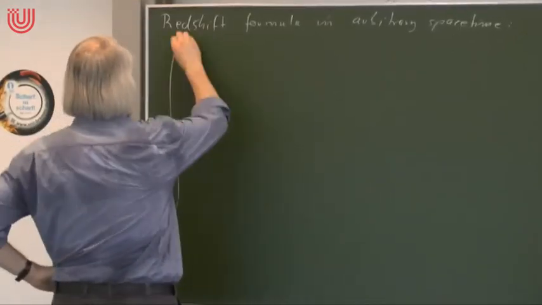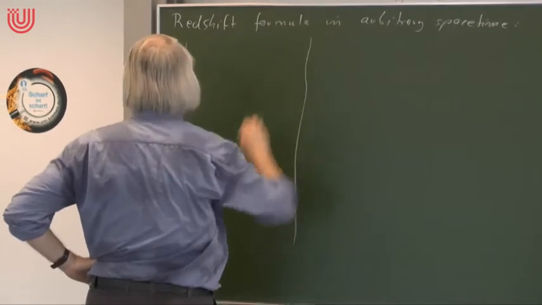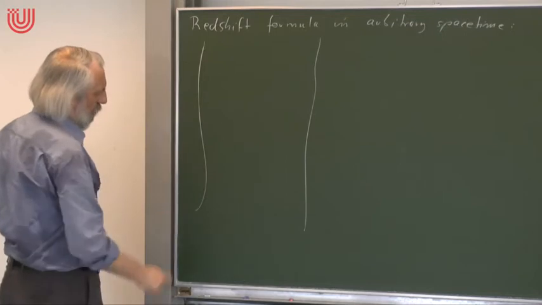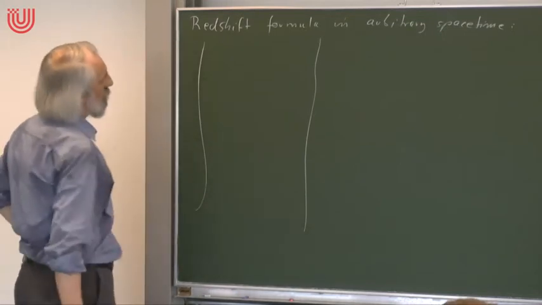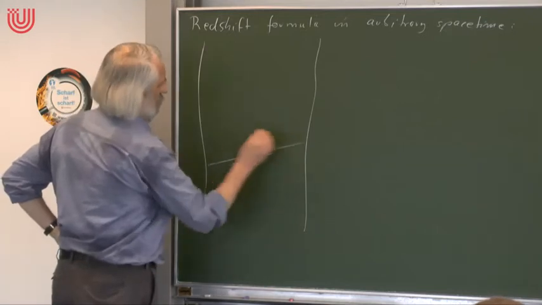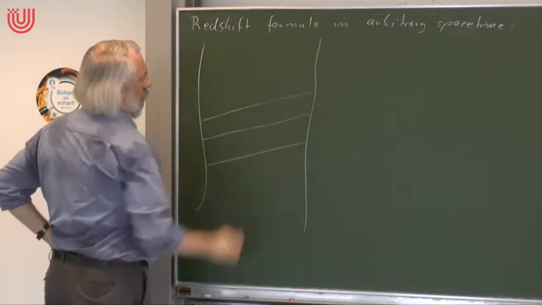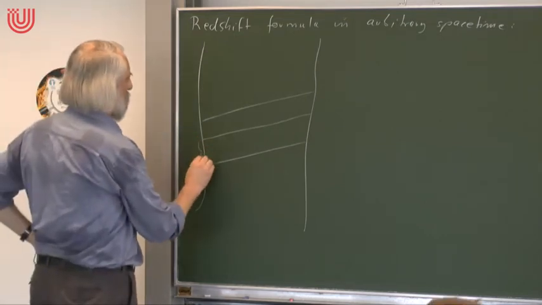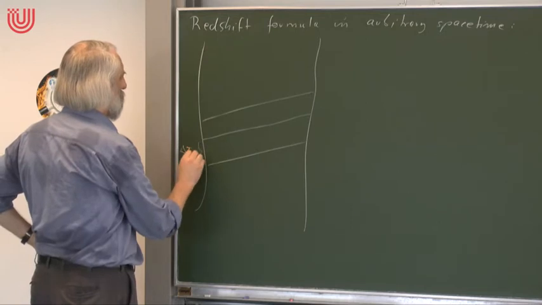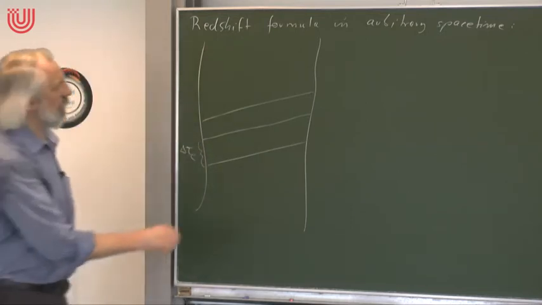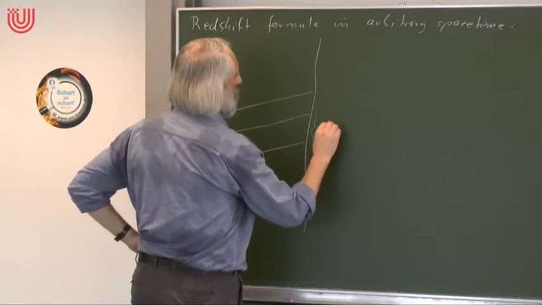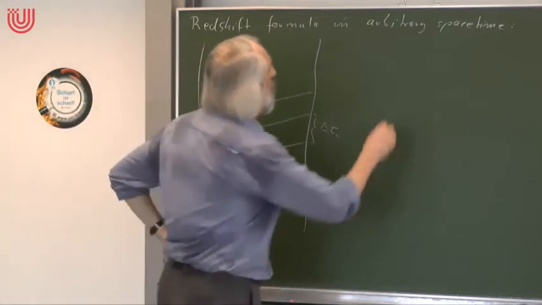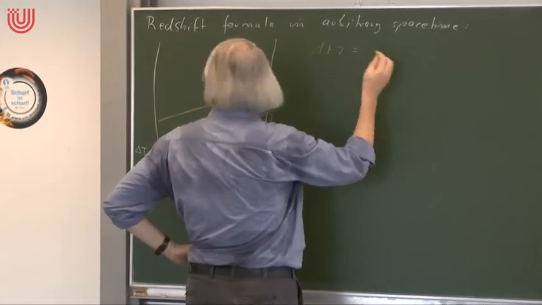So the situation is like that. In an arbitrary spacetime, we have two world lines. And we may interpret this as two observers. One is emitting light signals, the other one is receiving light signals. So the light signals move from the first world line to the second. And then on this world line we have a proper time interval, delta tau E, and here we have a proper time interval delta tau O. E stands for emitter, O stands for observer. Then the redshift is